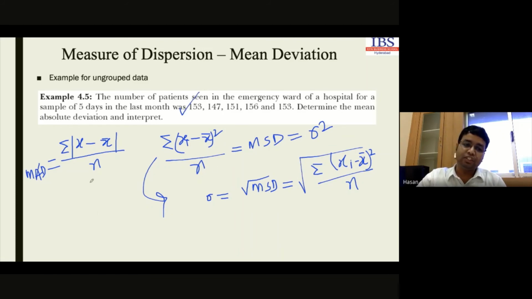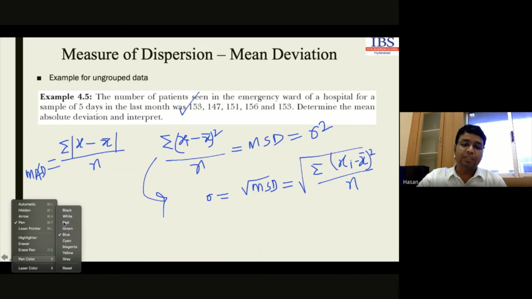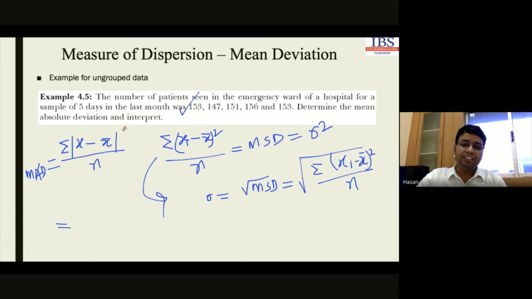If our data is in group form, that means in each and every case, we will have to multiply the result with their corresponding frequency. That means if we have this group data, we can multiply this result with their frequency. Then again for this we multiply this frequency, and for this also we can multiply this frequency. So for both group data and ungrouped data, we can compute the mean absolute deviations.